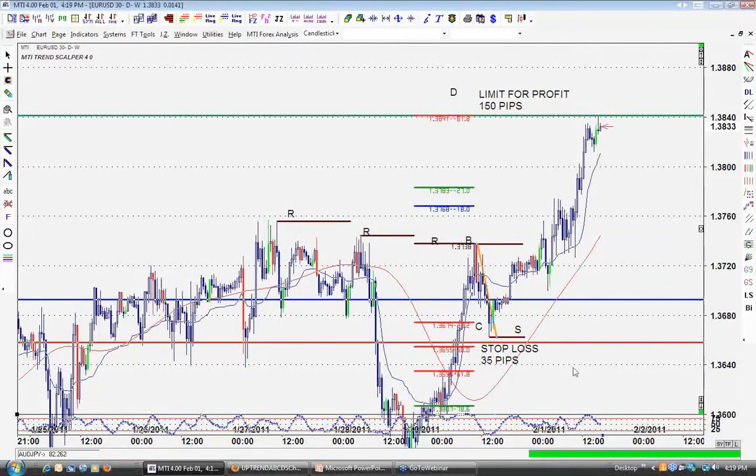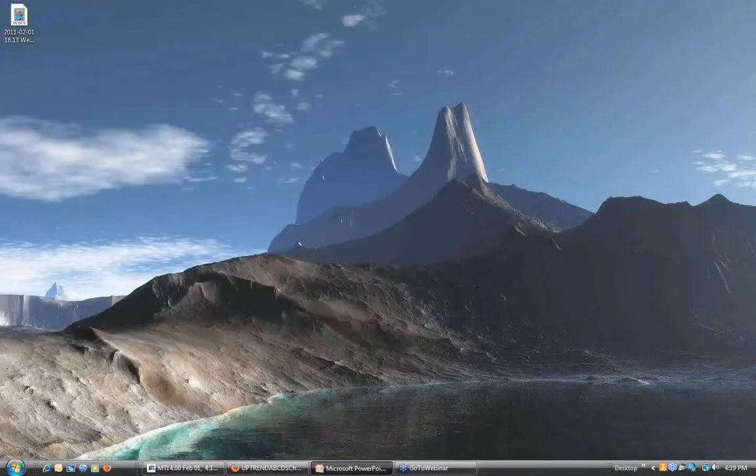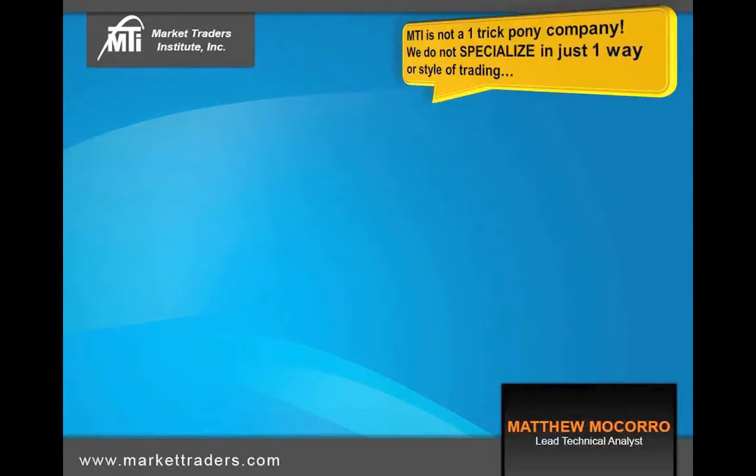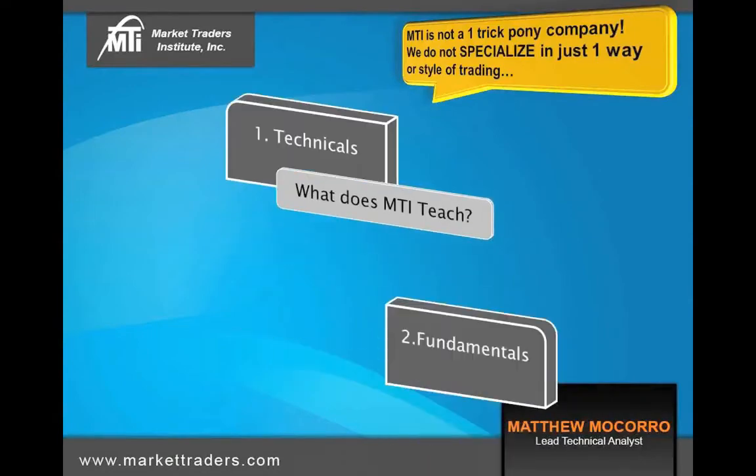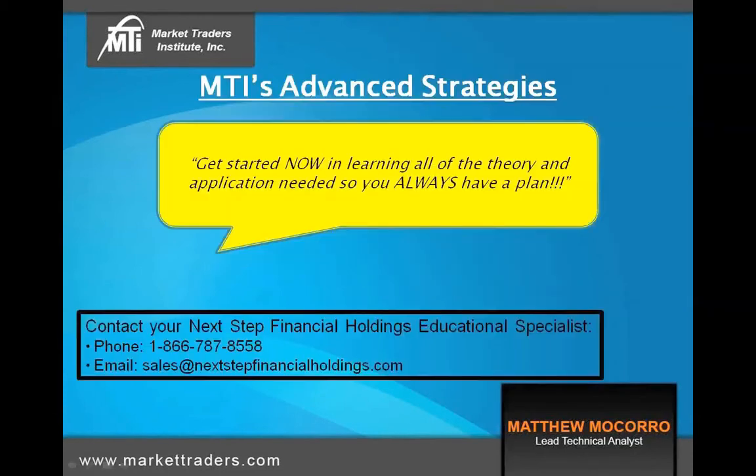This is letting your money work exponentially harder for you, and these are the types of techniques and strategies that MTI specializes in. So with that in mind, now that you know, this is how we build our traders. We teach our clients the 4 concepts of trading. We're going to teach you the technical side, the fundamental side, indicator trading, as well as systems to help confirm your trades. This is the core concepts that's given us an ability to be in this market for 17 years and work with over 20,000 clients to date.